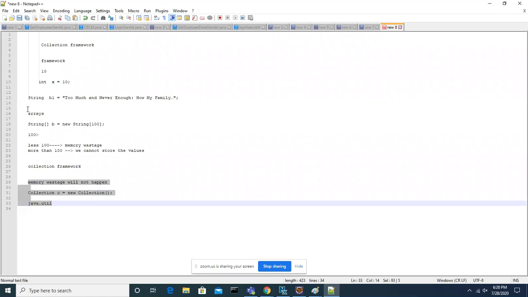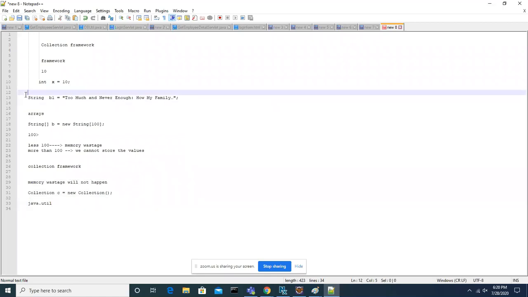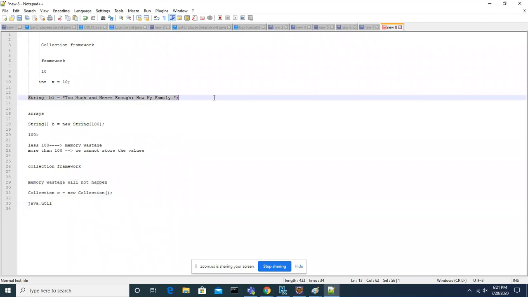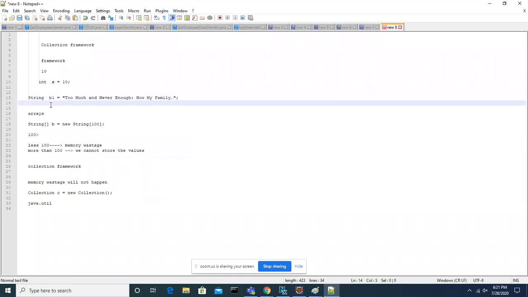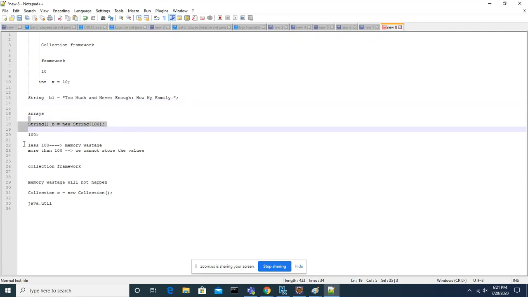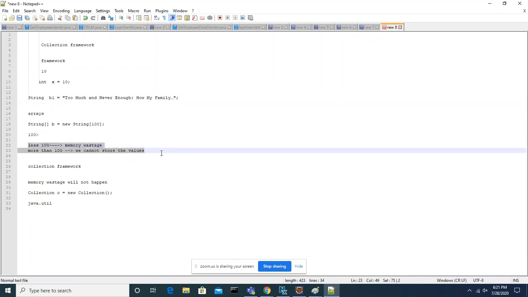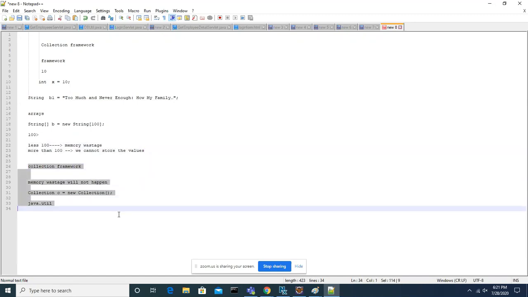I hope you understand the problem with using a single variable. When we are handling multiple data, declaring variables is a very big headache for the developer, so to avoid that we have arrays. While using arrays we have these two kinds of problems, and to avoid them there is one more solution, the collection framework.